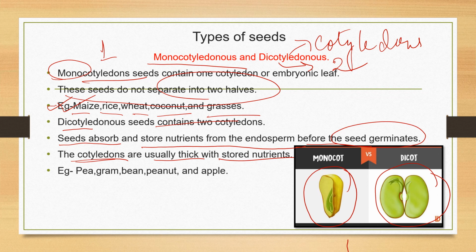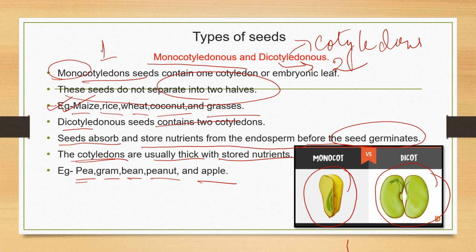And the dicot seeds are pea, gram, bean, peanut and apple. So when you soak peanut and when you soak a pea, you can see when you press the seeds of a pea, you will see that they are divided into equal two halves. Gram also, when you are soaking that brown gram or brown chana for 12 hours or 8 hours mostly, and you press that soft seed, the seed coat gets removed away and you will get two equal halves of